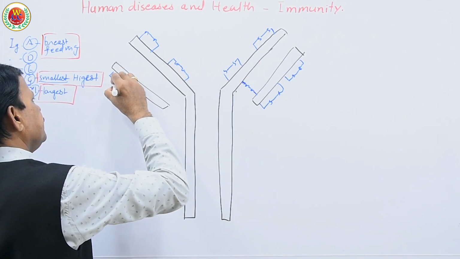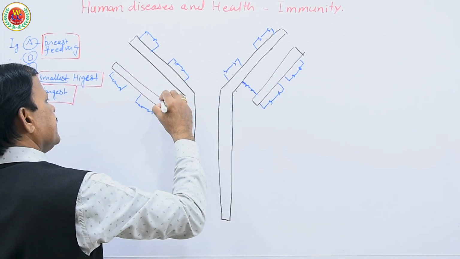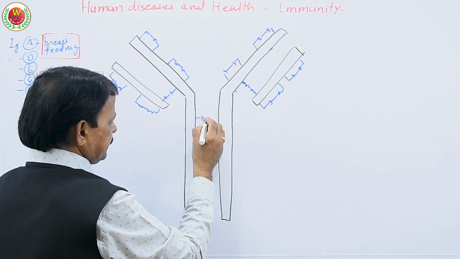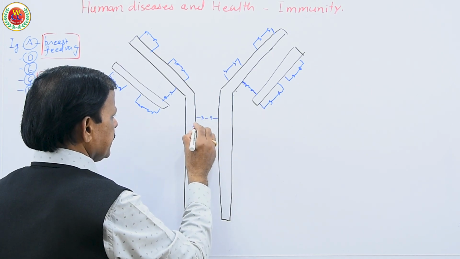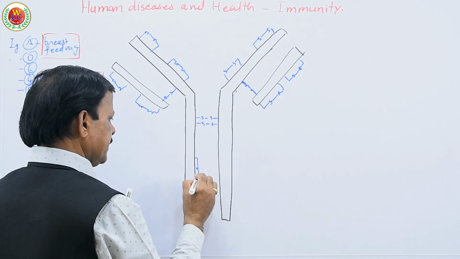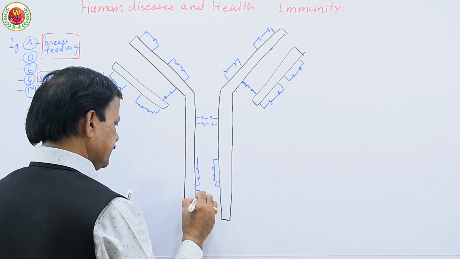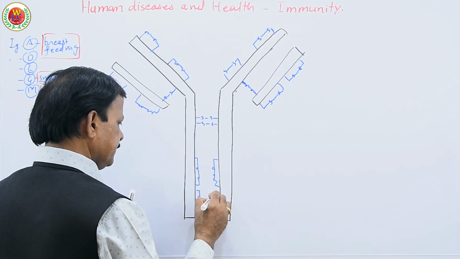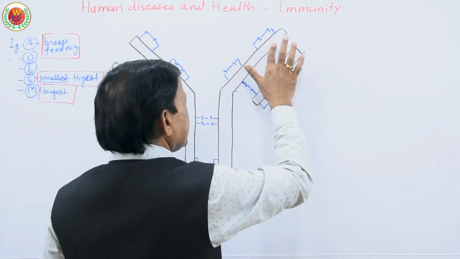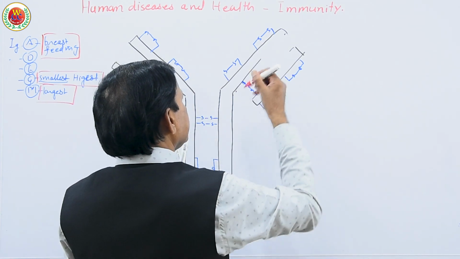Here 1, 2, and here this is 5, 10. Now here this is what? 11 and 12, 13, 14, 15, 16. So total 16 bonds are there, and this area, this is called variable